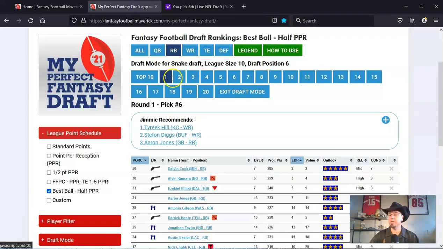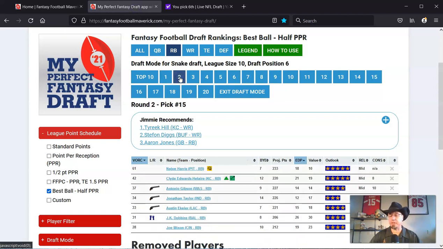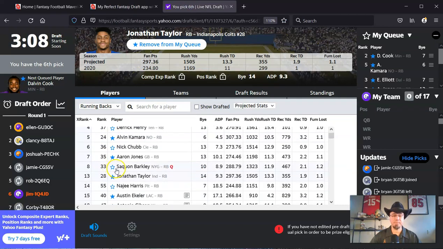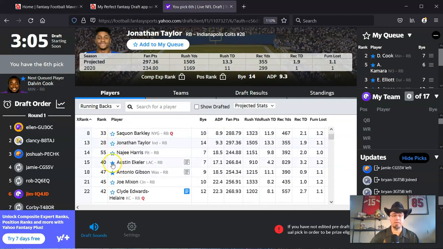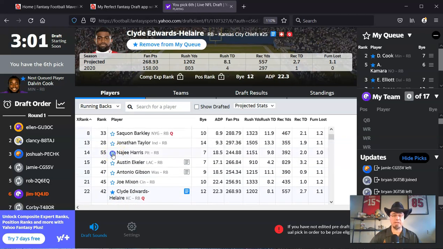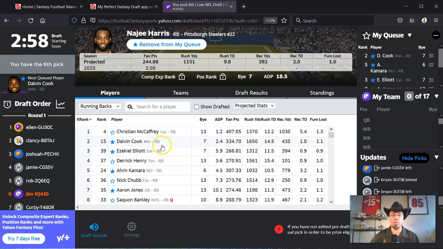And then once you're done setting up your players for the first round, you can go to the next round. You can start looking at the players there. So for the second round, it's recommending Najee Harris, DK Metcalf, Clyde Edwards-Helaire. Love all those guys. I think they're great. But again, I think our target is going to be running backs. So we could put Najee and Clyde Edwards-Helaire, and you can see both of them right ahead of Gibson, Taylor, and Eckler, who we already queued. So I think what I want to do here, let's take off Taylor, Eckler, and Gibson, and we'll instead queue CEH and Najee Harris. So going with a 1-2 punch,